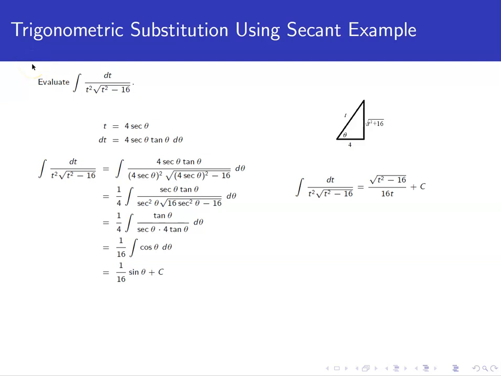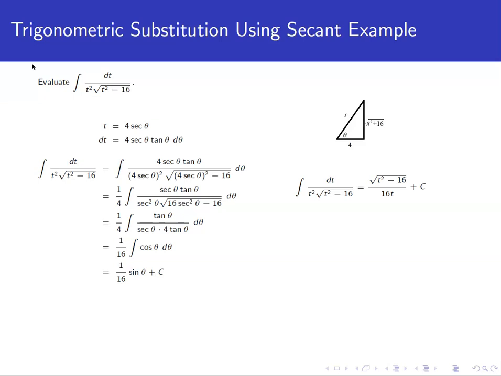In this video, we're going to look at taking an antiderivative using trig substitution that involves a secant function. So we're being asked to evaluate the integral of dt over t squared times the square root of t squared minus 16. So I see variable squared minus constant under the radical, so that tells me that I should be